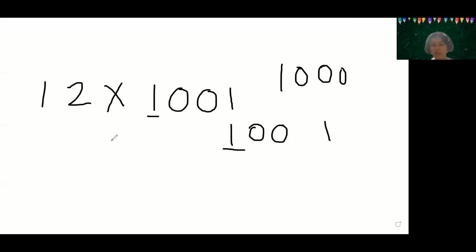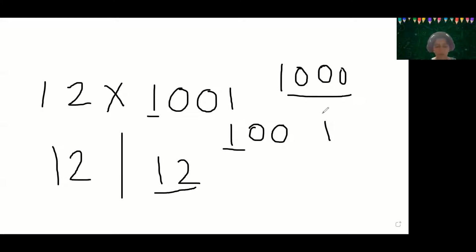Now we have to write 12 two times: 12 and 12. Now there are 2 digits and 3 zeros. If the number of digits is less than the number of 0s, then we need to add a 0 with it. So 120120 12 is the answer.